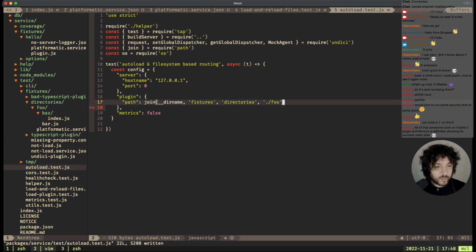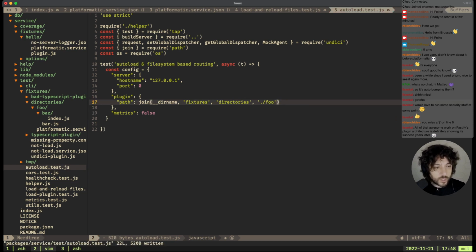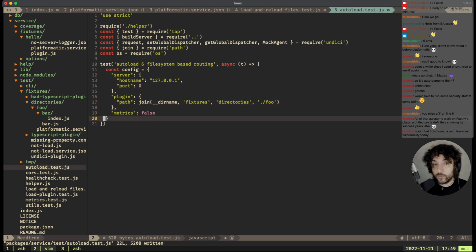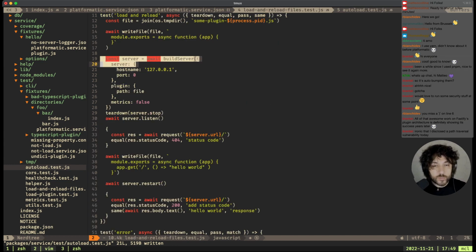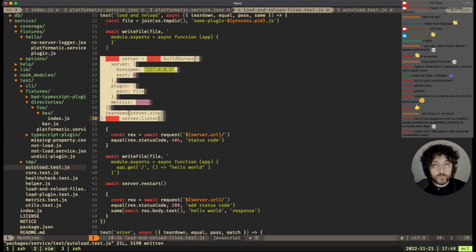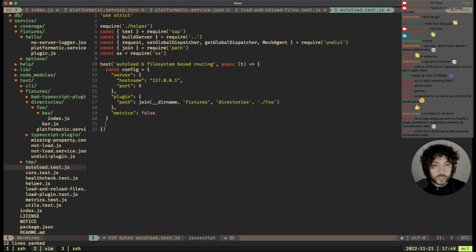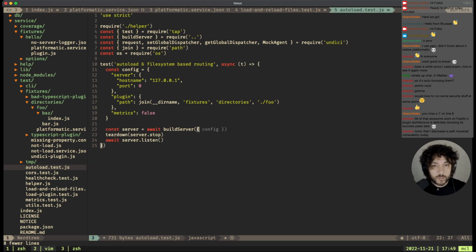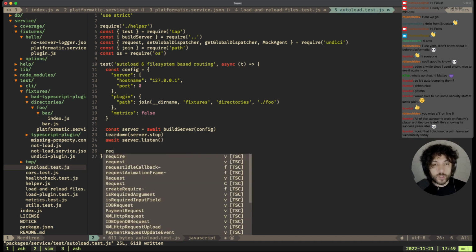Okay, and then we have this in here. Cool. So what do we do now? We are specifying a path, which is a directory. Then we'll need to move. Let's look at how these things will spin up. So we do this, copy this up, and we don't need any of this. We need the config. Now we need to do a request here,